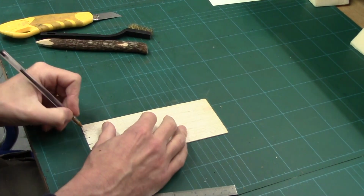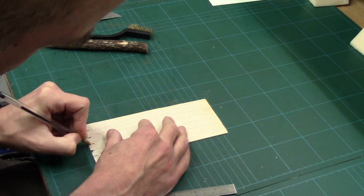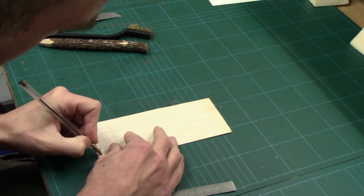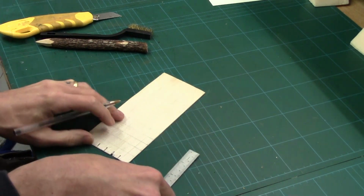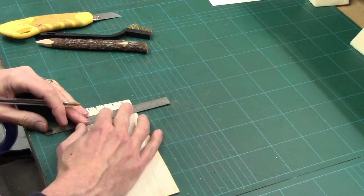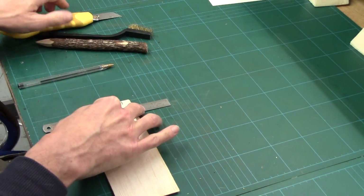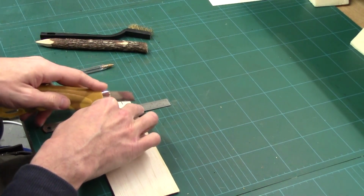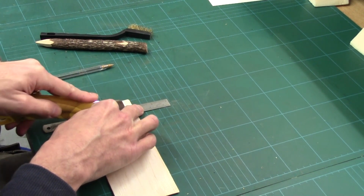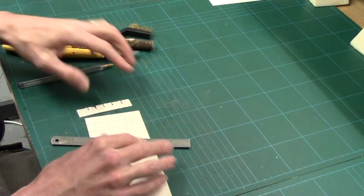One quick thing that I really do need to mention is that when you come to cutting these out, make sure you pin them down and you hold them down really well. There will be a tendency for them to split. So use your metal ruler, watch your fingers, and apply quite a bit of pressure to hold them down. Don't try and cut them in one pass, do a couple of passes, because if you try and cut them in one pass, it's a bit draggy and that can split them as well. And then what you end up with